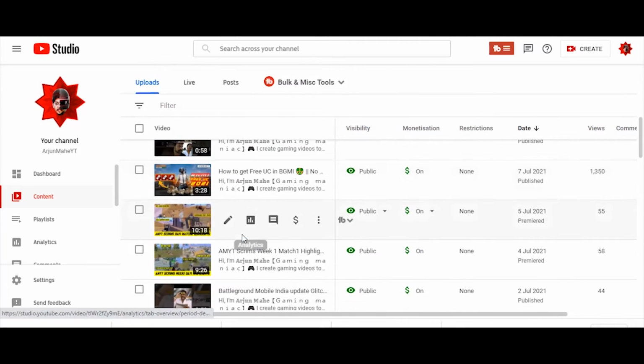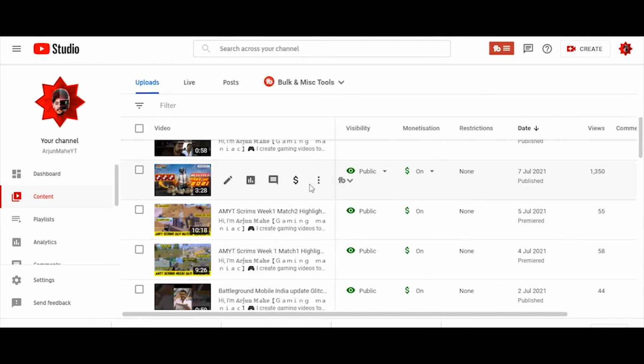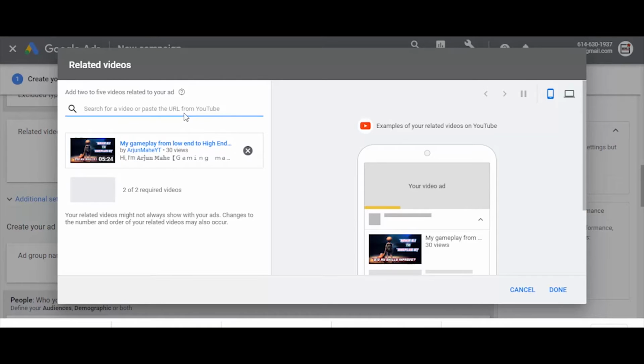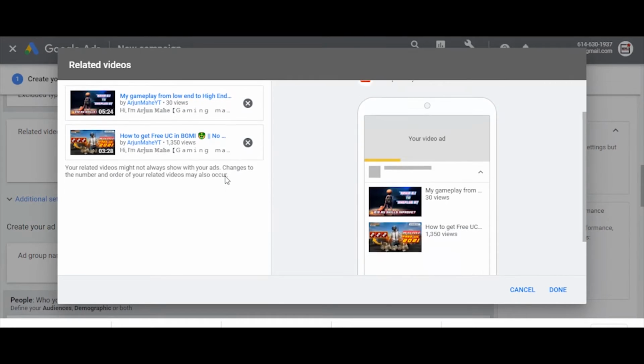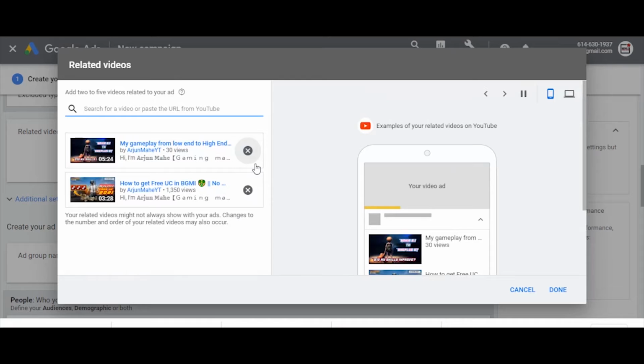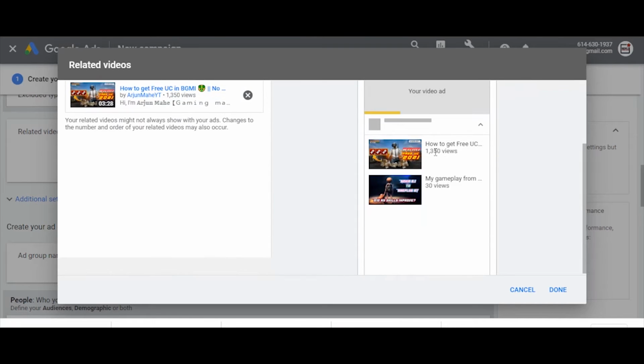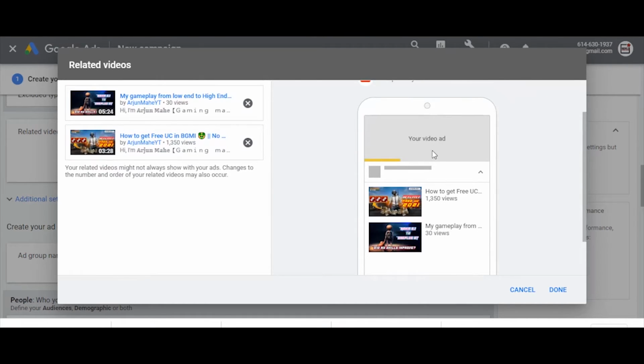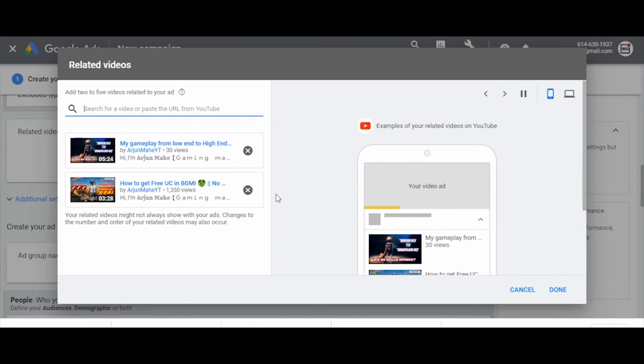Like this is okay. I'm gonna grab these 2 links and I'll paste them here. Just click done. You're gonna get 2 additional video views in this segment. So click done. So this is how the ad looks like. My video, and these are the two other videos that could be telecasted at the bottom of that video. So this is how it works.